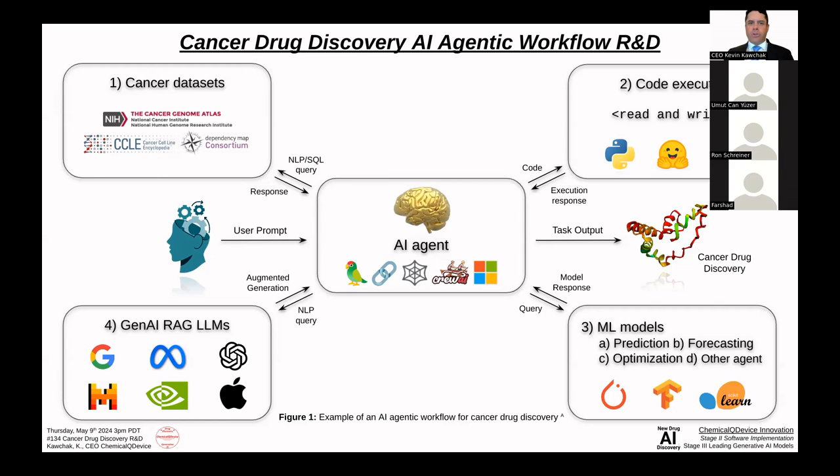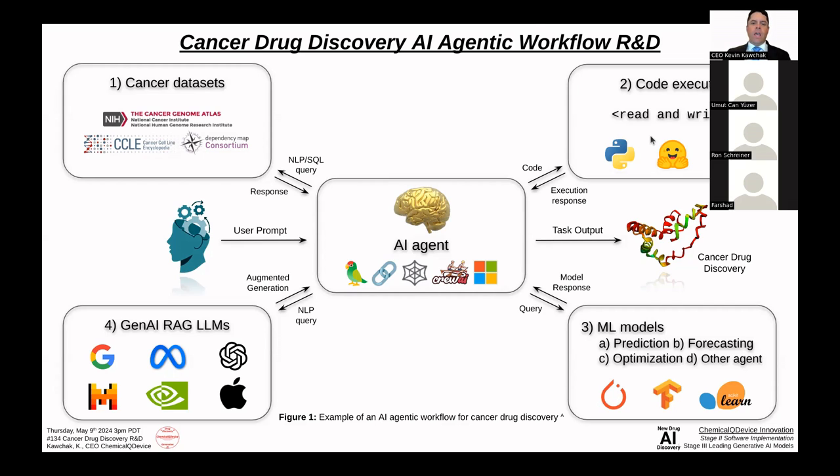So this is going to talk about cancer drug discovery AI agentic workflows. And what you see here is what some are calling the next progression of AI, beyond just using Gen AI. So this number 4 here, retrieval augmented generation, fine tuning. And then now, along with data sets, being able to read and write at different points, and along with other ML models, right? So, and I'll get to some of these points that still need to be developed